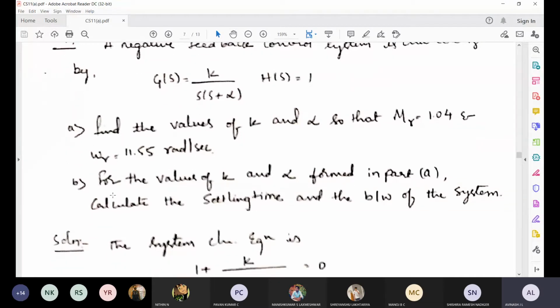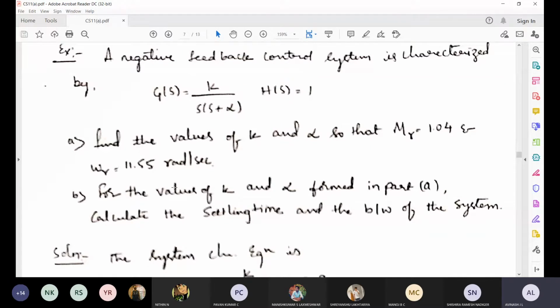The second part of the question is: for the values of K and alpha which we have found in part A, calculate the settling time and bandwidth of the system. This is the question they have asked, but this question is in terms of the